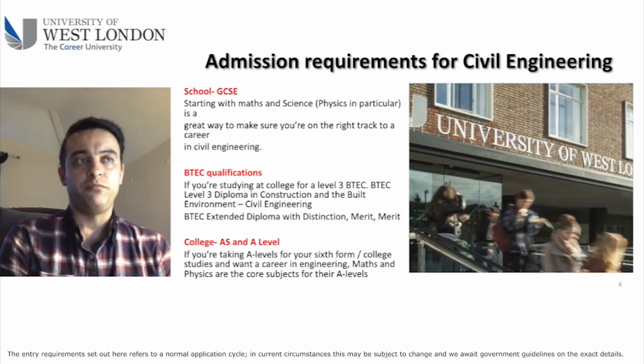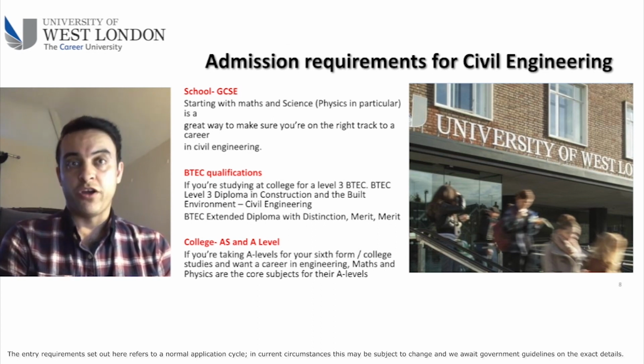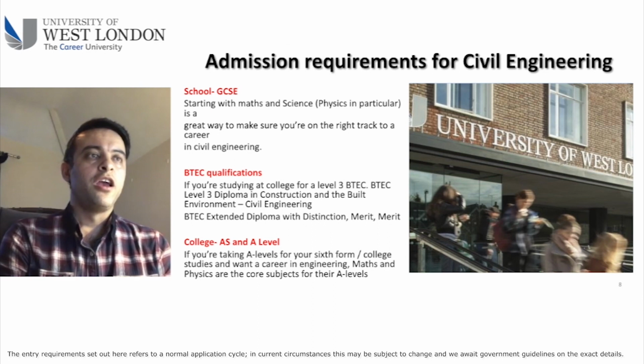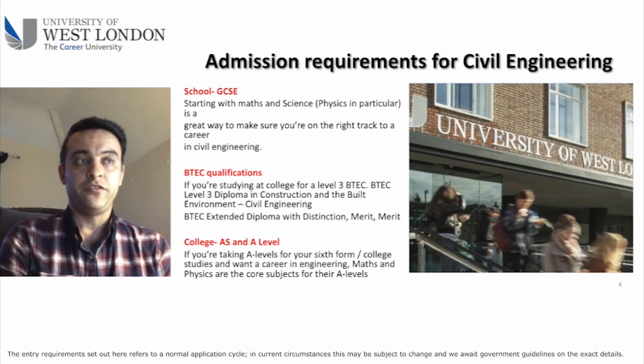And if you're going to do the level 3 diploma in construction and the built environment, it's also acceptable, and you will be qualified for civil engineering. At the end, you just need to get a BTech extended diploma with 1 distinction and 2 merits. And finally, if you're going to go to college for AS and A level, you also need to have maths and physics as the core subjects